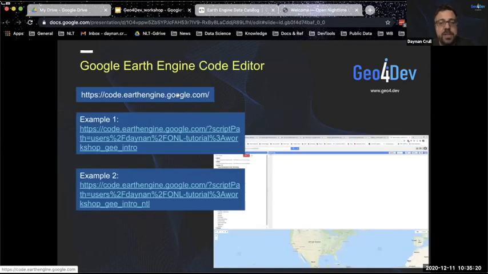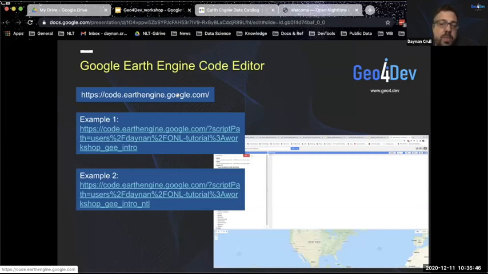Okay, so I mentioned the Google Code Editor. So here is where, if you have an account, you can click on this link and you can follow along with me in the editor. If you do not have an account, I think you're going to be limited. You might be able to view it, but you're going to be limited in your functionality. You probably won't be able to access the editor that we're going to look at, in which case, bear with us and just follow along with me here, and we'll get to some other work later.